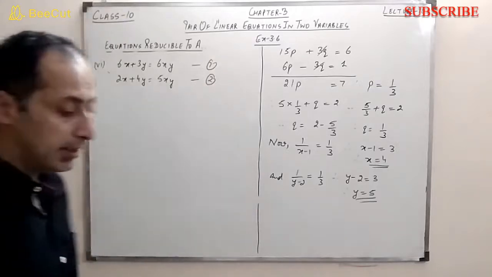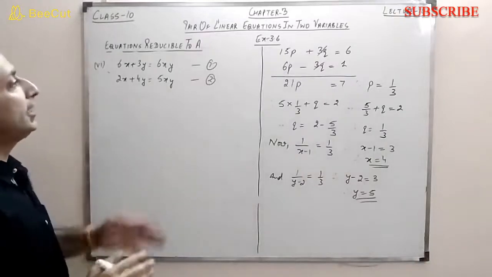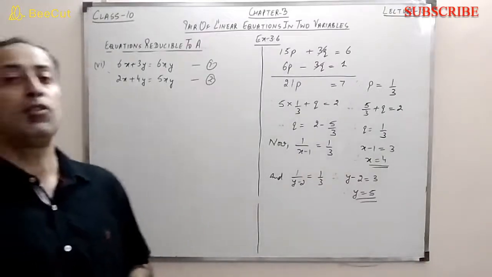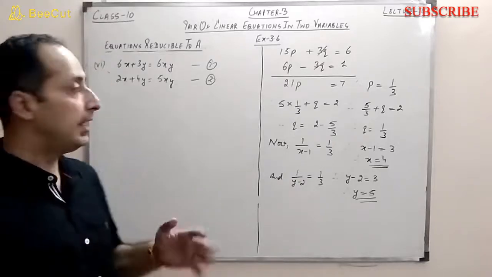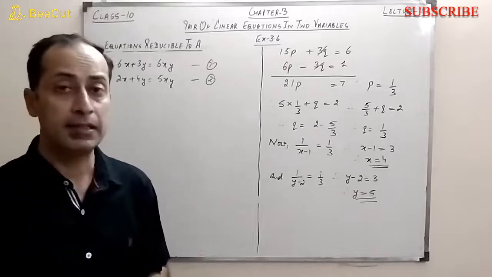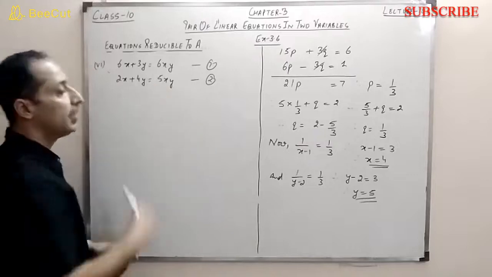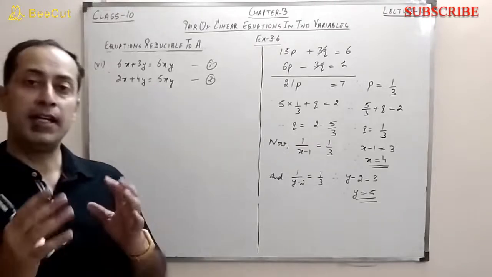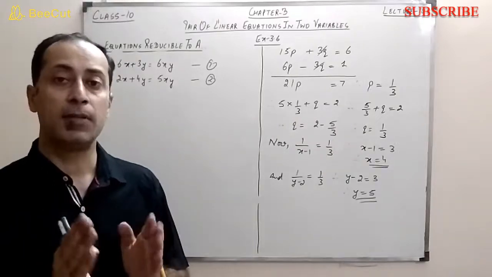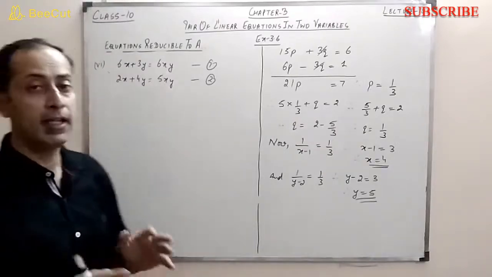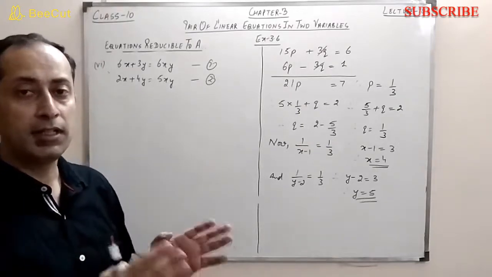If you see carefully, this is not a linear equation, and the powers are not negative, the powers are positive here. So we can say it is not exactly a linear equation, but it is a quadratic equation. You must be thinking how. There are two variables x and y, and when we find the degree, whatever variables are together, we add their powers. So basically this is a quadratic equation, right?